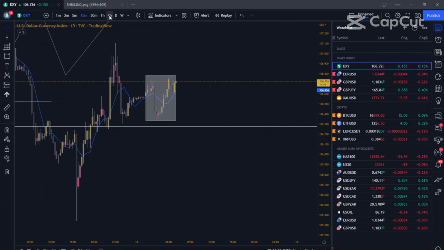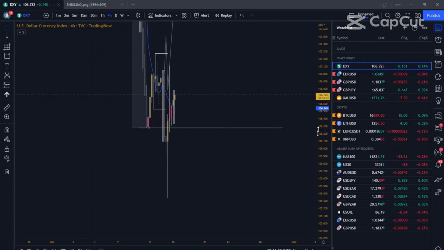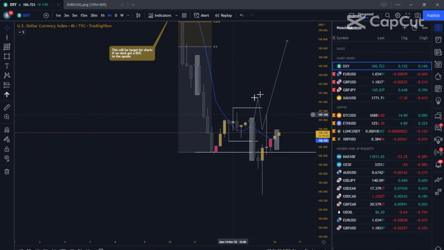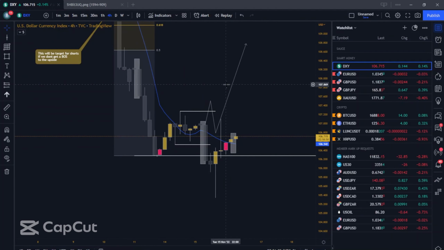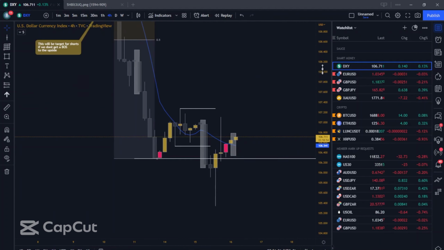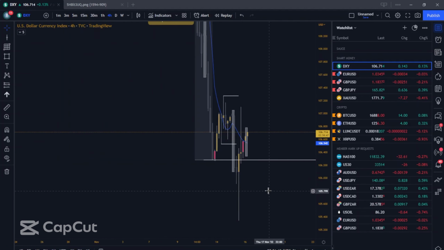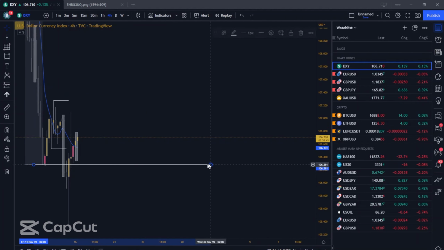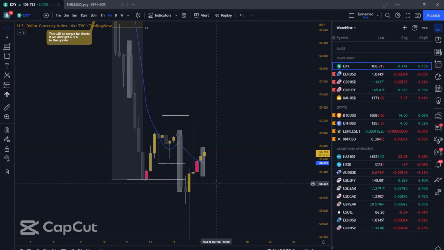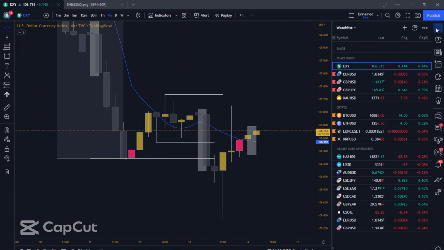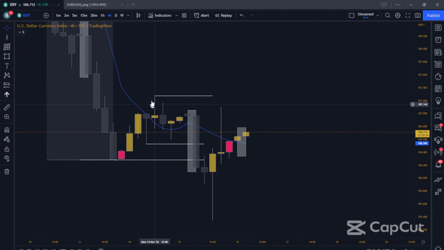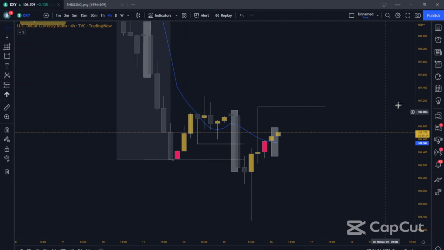Okay, so I got into a position last night, but that actually ended up losing just literally by less than a pip. Okay, so let's have a look here. We have broken the structure to the downside. So we've broken the structure here, yeah? Meaning our change of character will come from here.